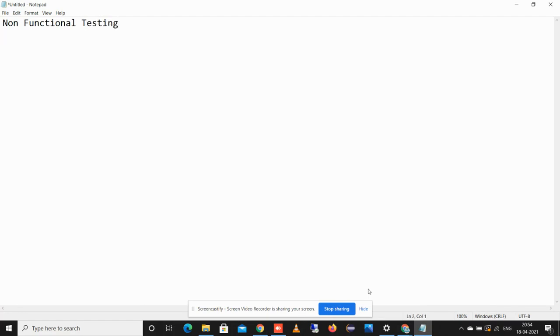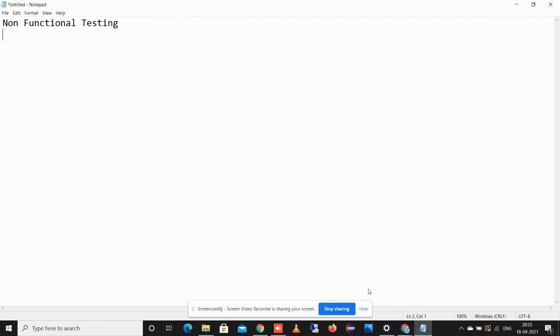When we try to perform non-functional testing, first we need to perform the functional testing, because if the functionality is stable, then we can perform the non-functional testing. If the functionality is not stable, then we can't proceed with non-functional testing. For non-functional testing, application stability is the most important part. For example, if we want to perform performance testing and the functionality is not working properly, how can we perform the performance testing?